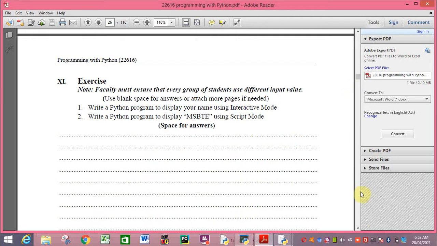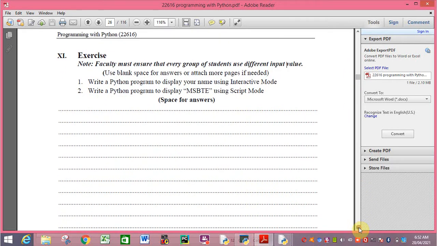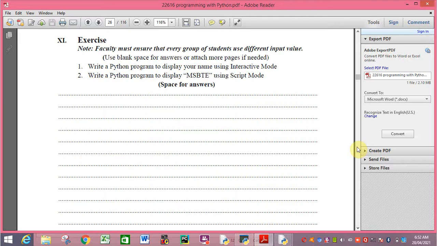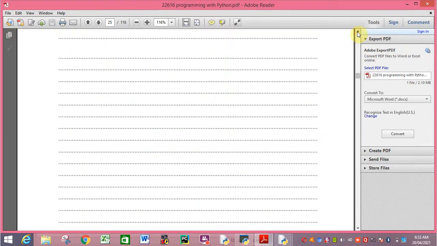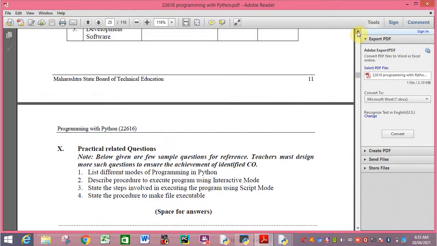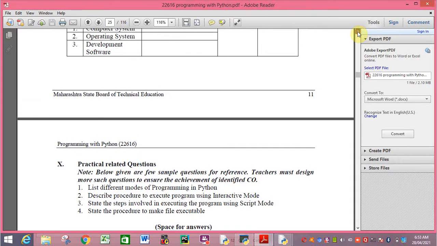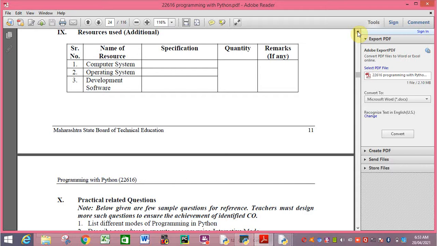See the whole video of this practical. If you have any doubts, then please comment. My first question is, what are the modes of programming with Python, and what is the extension of a Python program? These are the two questions I need answers to in the comment box. Please write, everyone.